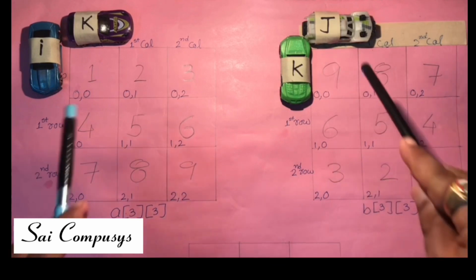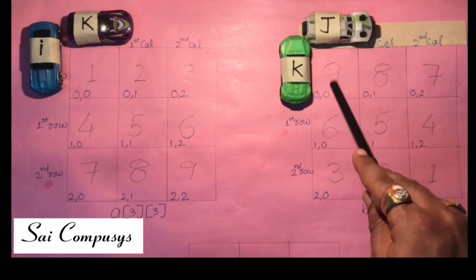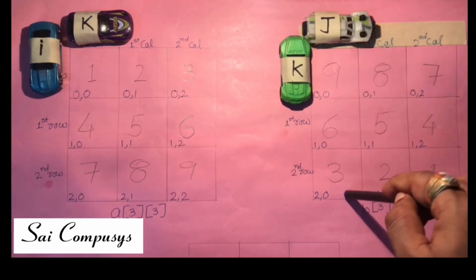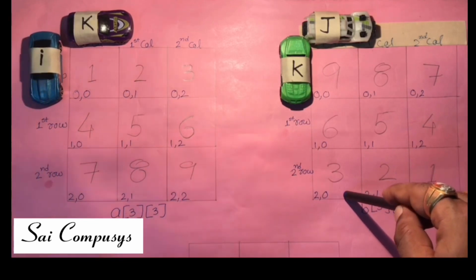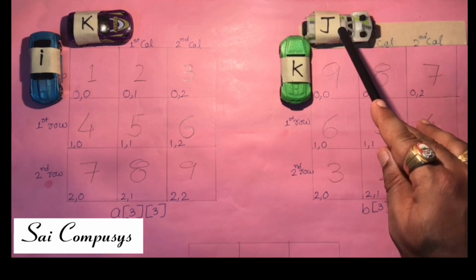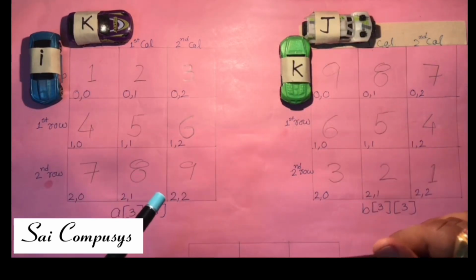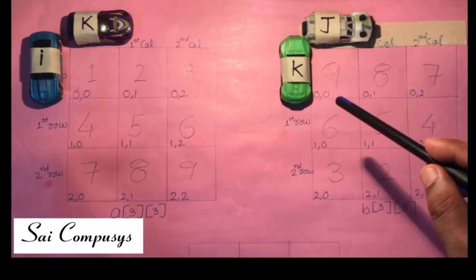See, i k are on 0, 0, k j are on 0, 0. We need to multiply 0th row with 0th column. So that clearly tells me I should be on the 0th row, j should be on the 0th column. What's going to vary is the value of k. When k varies completely, you will be getting an element of the resultant matrix. So let's see what happens.